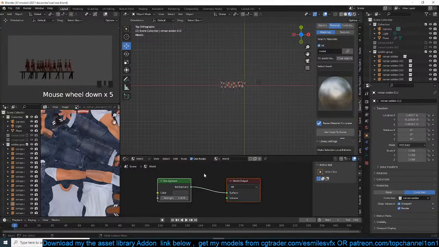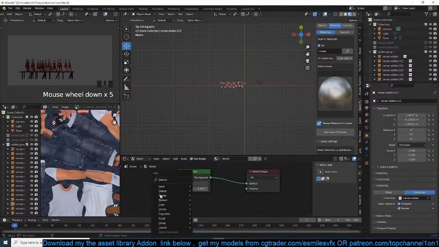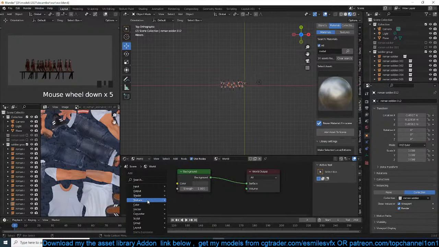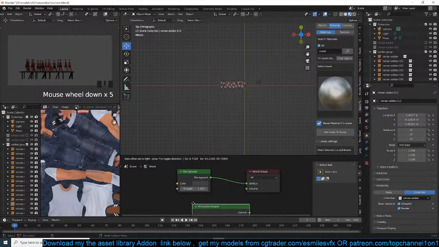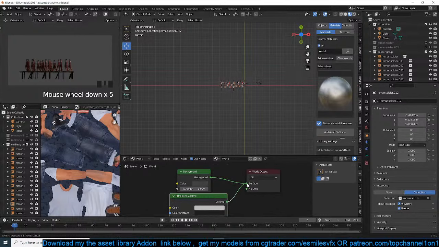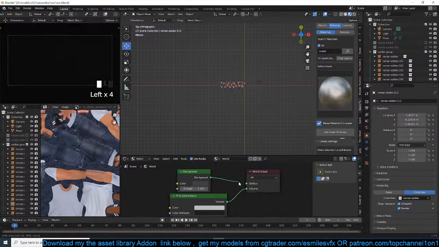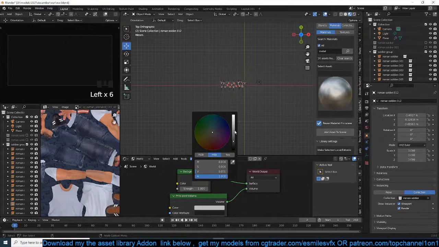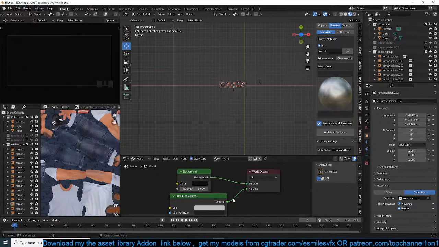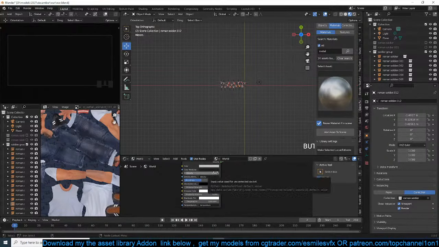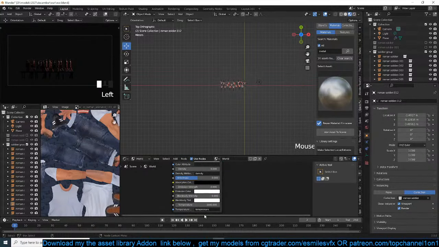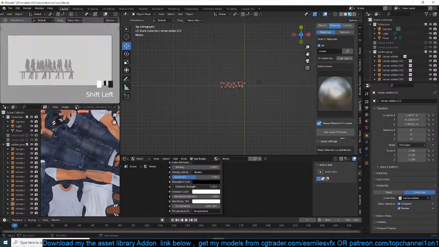Okay. I want to add some volumetric in there. So shader, principal volume. Just connect that to the volume. Now the background can stay dark, and I don't really want to use the density. I just want to use the emission strength,